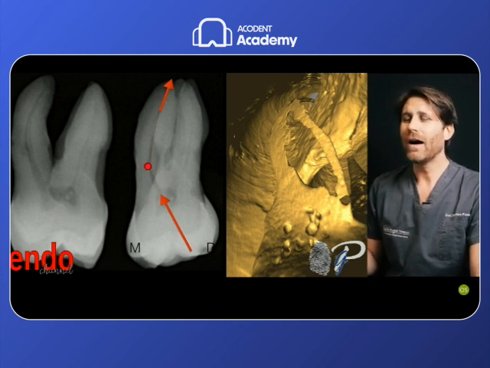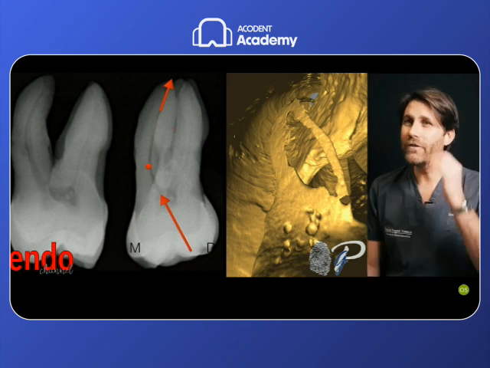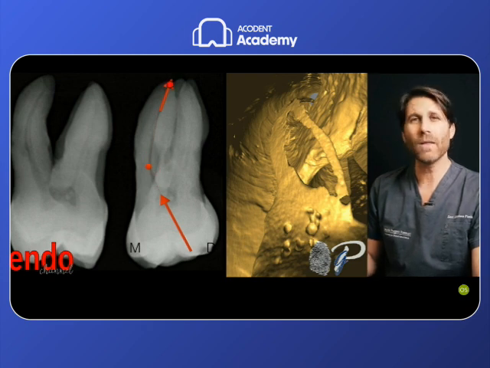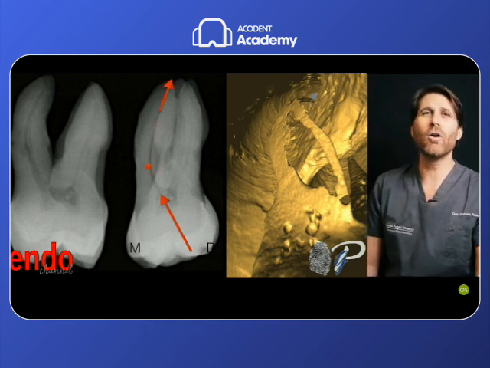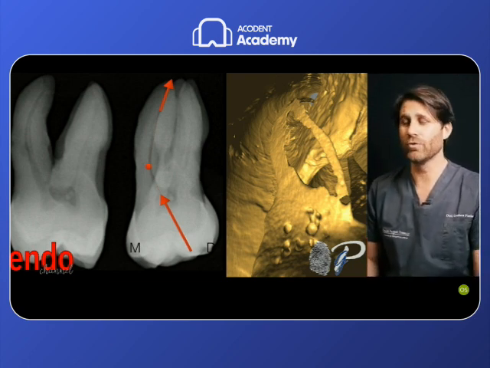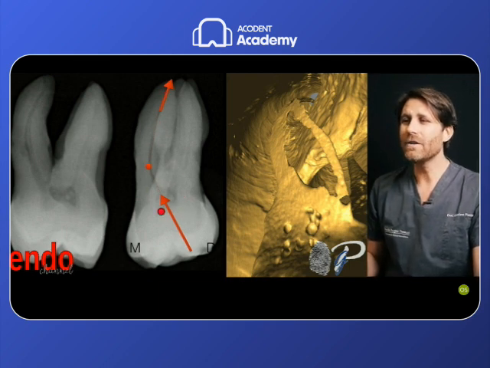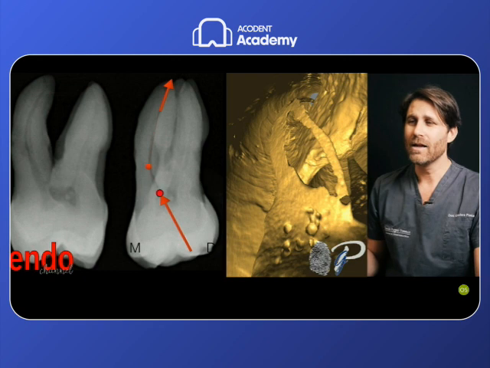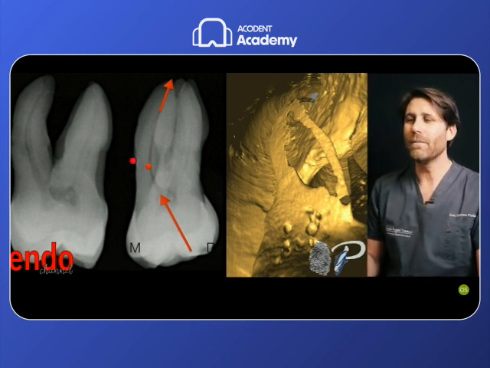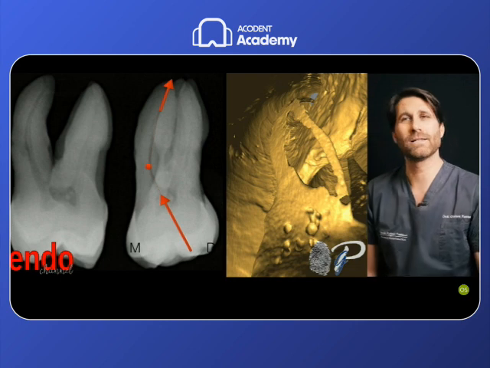After this initial trajectory, we have a point in which the curvature is shifting towards the opposite direction. So in these roots, the curvature then is moving distally, and usually buccally or palatally. So we usually have a double curvature in these roots, but the main anatomical feature that I want to underline is this change of inclination in direction of the canal from distal to mesial in the coronal portion, and then from mesial to distal down the coronal curvature. Because this is the point in which we have difficulties for the coronal scouting.